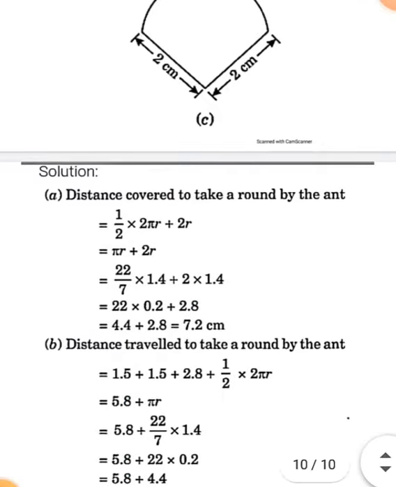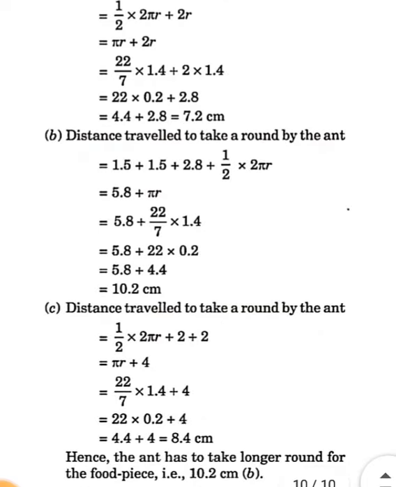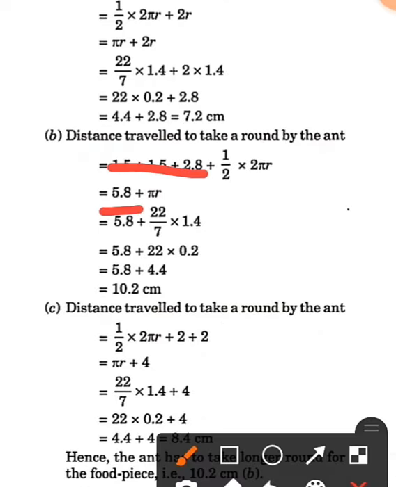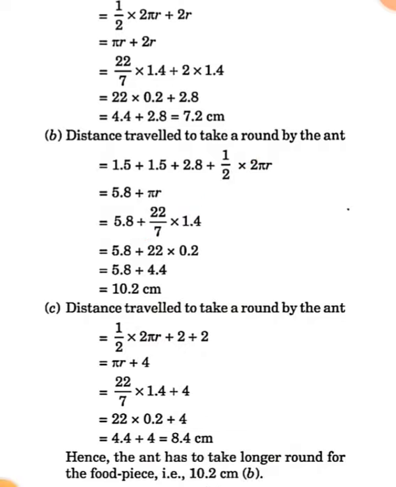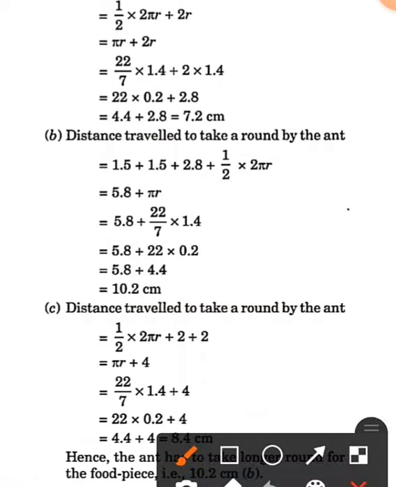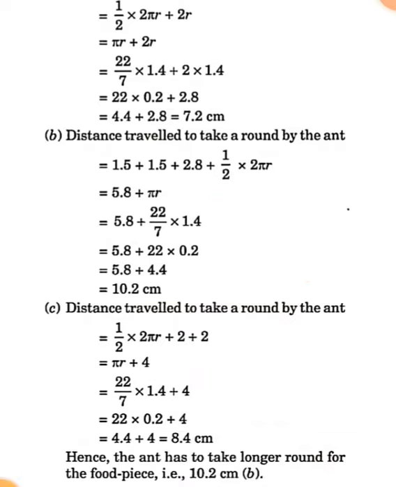Okay, so now this way we will calculate. So our answer will be, you add these 3, it will be 5.8. Okay, 5.8, and this 2 and this 2 cancel, so 5.8 plus pi r. Now 5.8 plus pi into r means 22 upon 7 into 1.4. So multiply these both, cancellation is possible, 7 ones are 7, and 1.4 means 7 twos are 14, so 0.2 will come after cancellation. So after calculation, your final answer is 10.2 centimeter. So 10.2 centimeter is the solution part of B1.